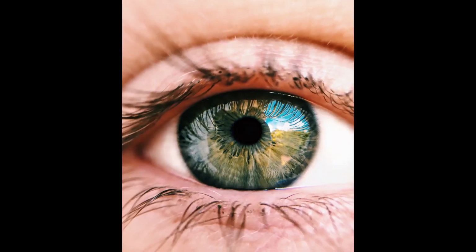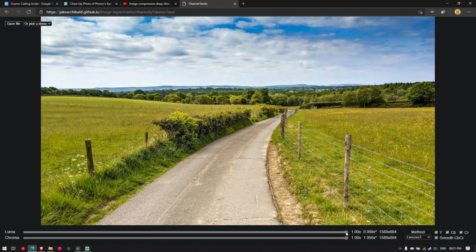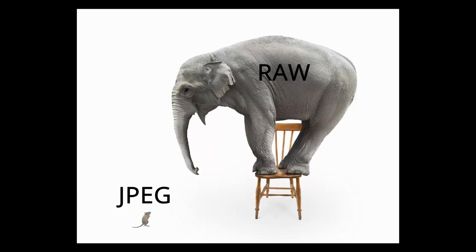The other way JPEG can reduce its file size is by chroma subsampling. The human eye is super sensitive to luminance changes. However, it is not that sensitive to color changes. Changing the luma quality affects the image quality harshly, but reducing the chroma quality is barely noticeable. JPEG can reduce file sizes over 10 times with barely noticeable differences.